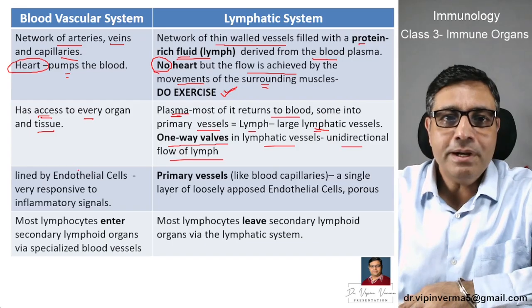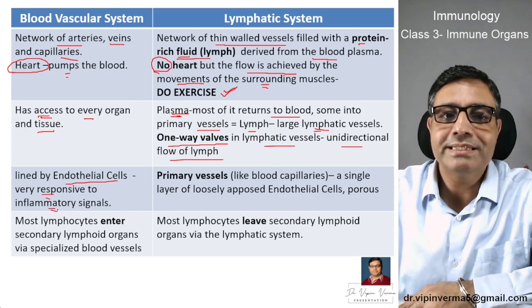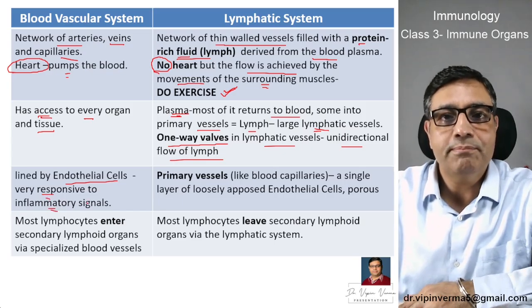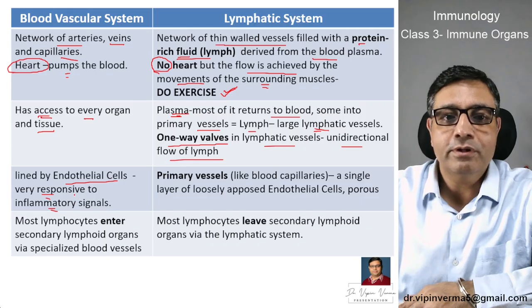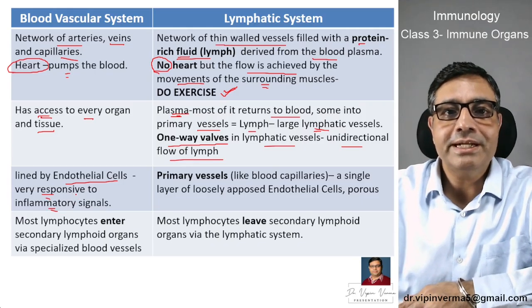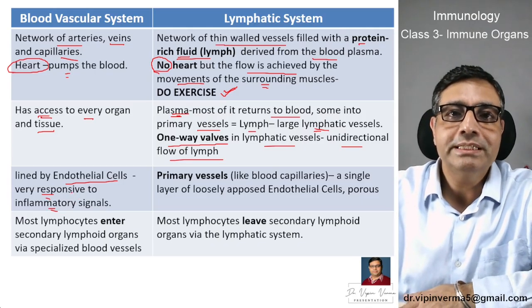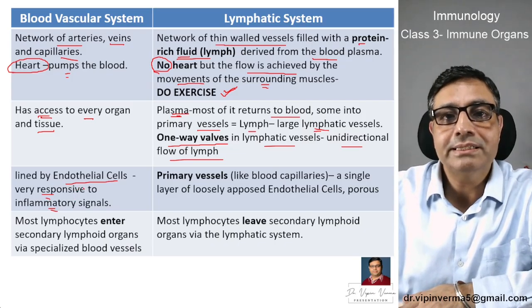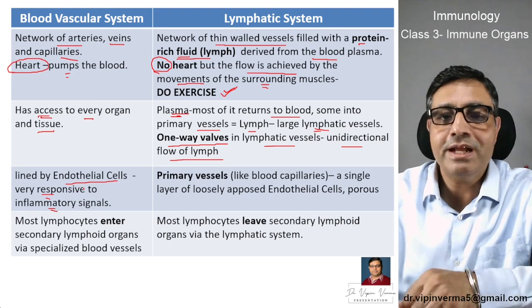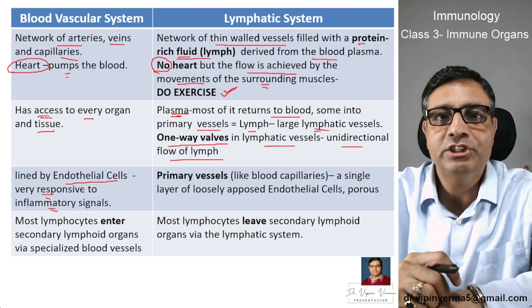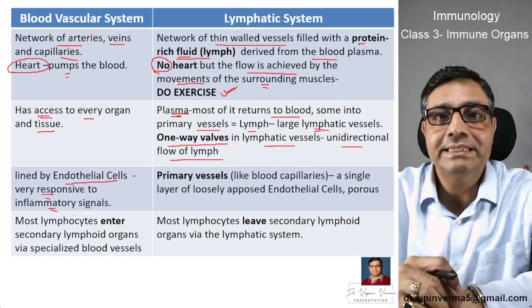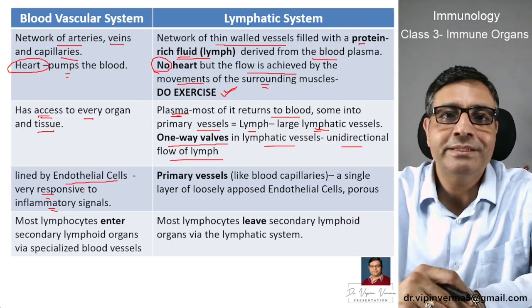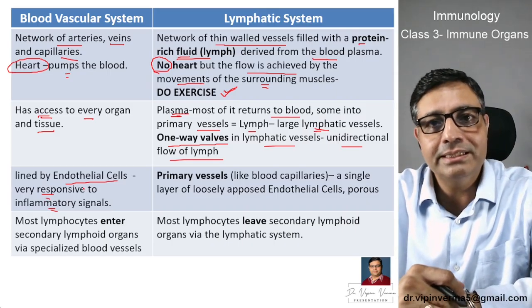The blood vascular system is lined by endothelial cells, which are very responsive to inflammatory signals because they have receptors, particularly for the complements and some other cytokines which cause inflammation. So they are very responsive, and that's the reason you must have seen that wherever there is inflammation, you will find redness there. So redness is always associated with inflammation. The reason is our